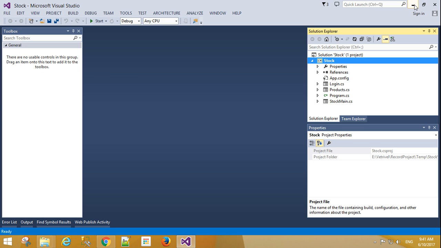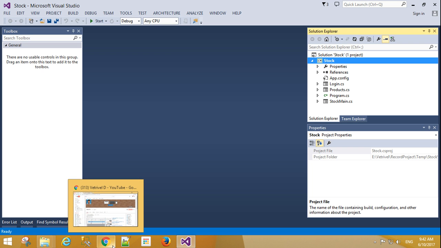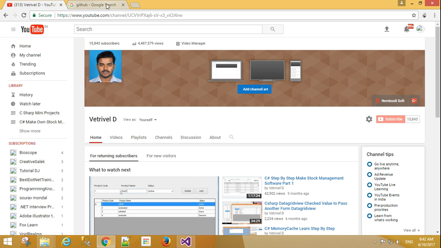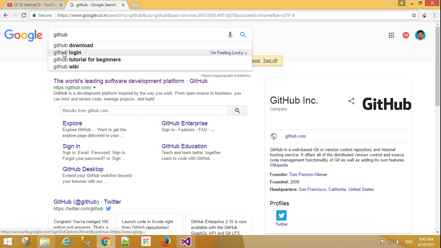So now I will export my project to GitHub. First I will create the GitHub account. For you only I am creating a new GitHub account. Just go to Google and type GitHub. You will get the history of GitHub, what GitHub is, and everything you can read from the wiki. I am not going to explain what GitHub is. I will explain how to use GitHub, that's it. Okay, just click the